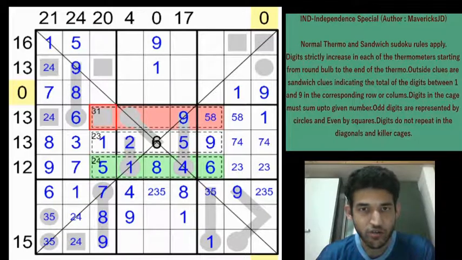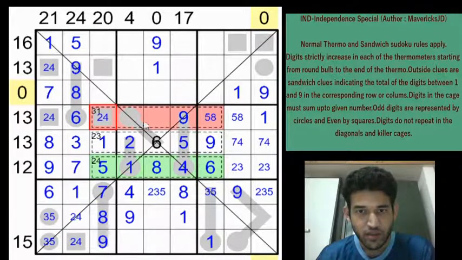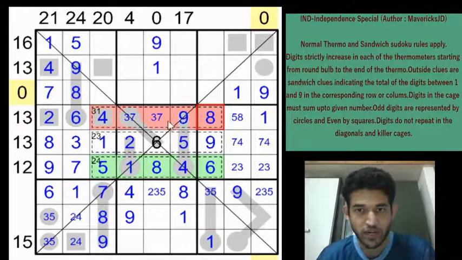So this will be a 2 or a 4 and 2, 4, 6, 1, 5, 8, 9. So these two cells will be 3 and 7. Now I think we can finish off the 31 cage. 3 plus 7 is 10, 10 plus 9 is 19. So we need 12 more from these two cells. Obviously we cannot have a 2 here. So this will be a 4, this will be a 2 and this will be a 4. And 4 plus 8 is what reaches you to 12. So you get an 8 here. So this will be a 5.